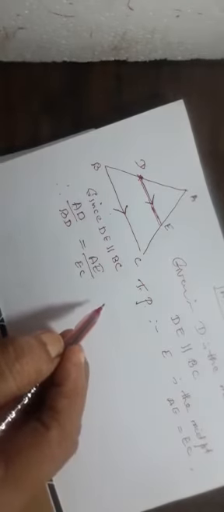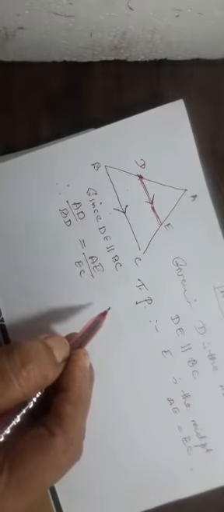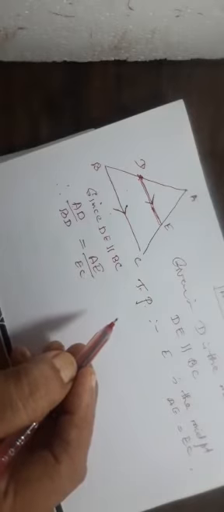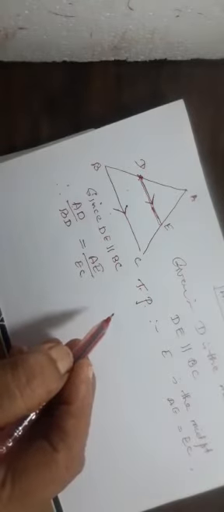It is given very nicely in the solution book. You have to see the solution book and write it down in your fair book. I have told you yesterday the homework: do exercise 2.2. I had told you to do it in the classwork book. When you do it by looking at the solution book, you will get all the steps there. But I am just explaining here, that's all. If you don't follow it, this is the explanation. That may be better also, can't say. The solution you may understand very clearly, I know that. But even then, there will be some who will not understand. We have to think about others also.